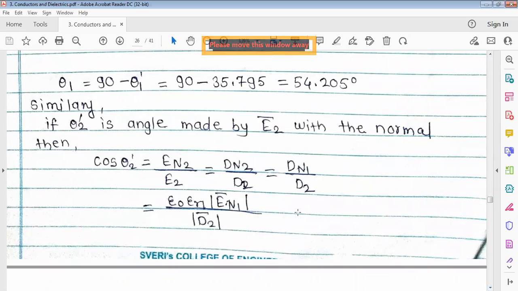Okay, so if this theta 2 dash is the angle made by this E2 bar with the normal, then in medium 2 there is theta 2 dash, right? The angle is theta 2 and we have to find the cos theta 2 dash, which is equal to En2 divided by E2, and this En2 is equal to